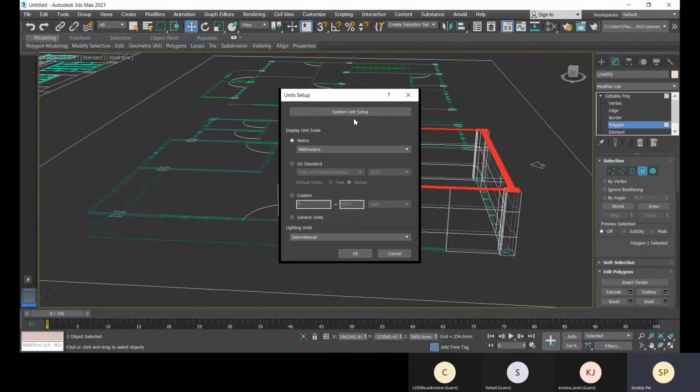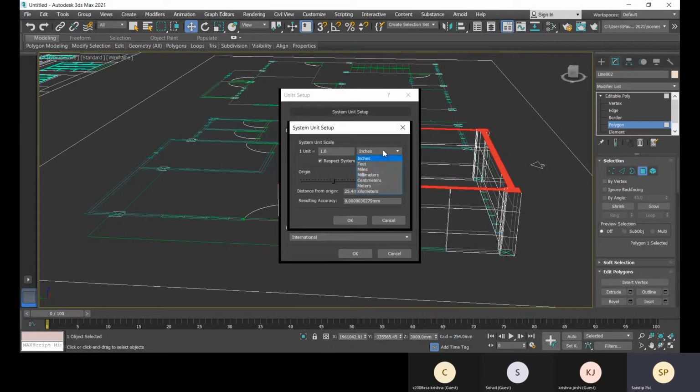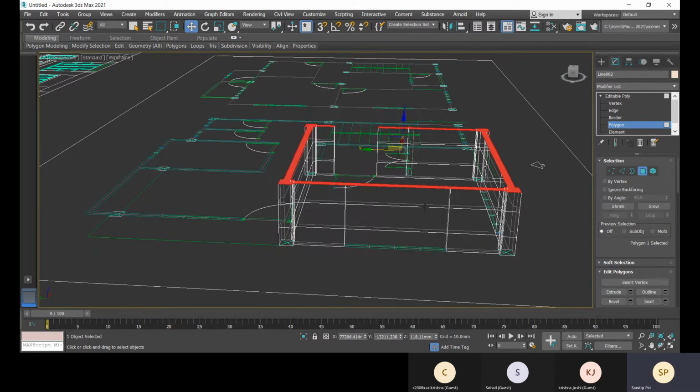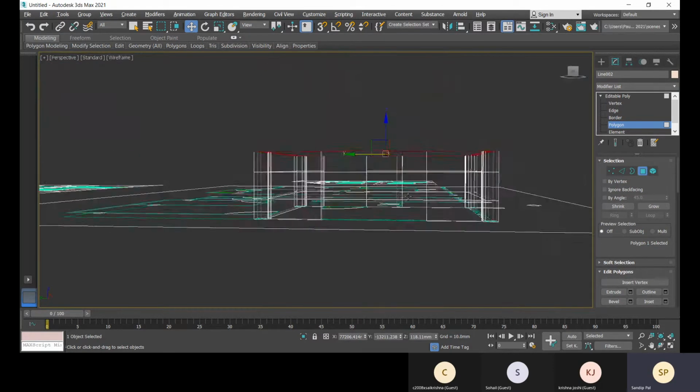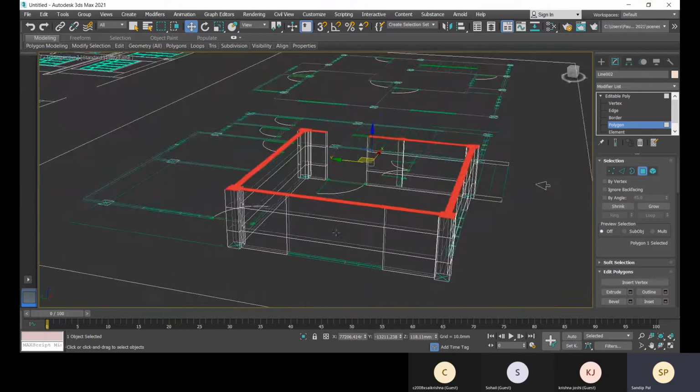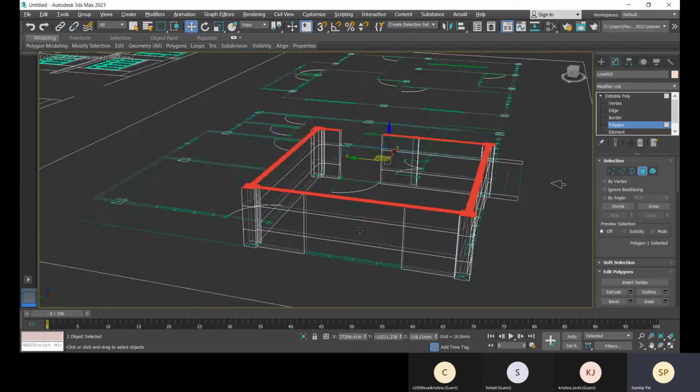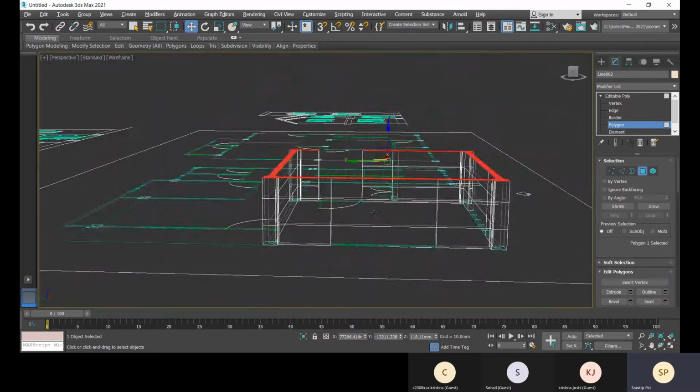So unit setup, system unit 1 equal to... that should be done. That is the reason you are not getting the proper height.